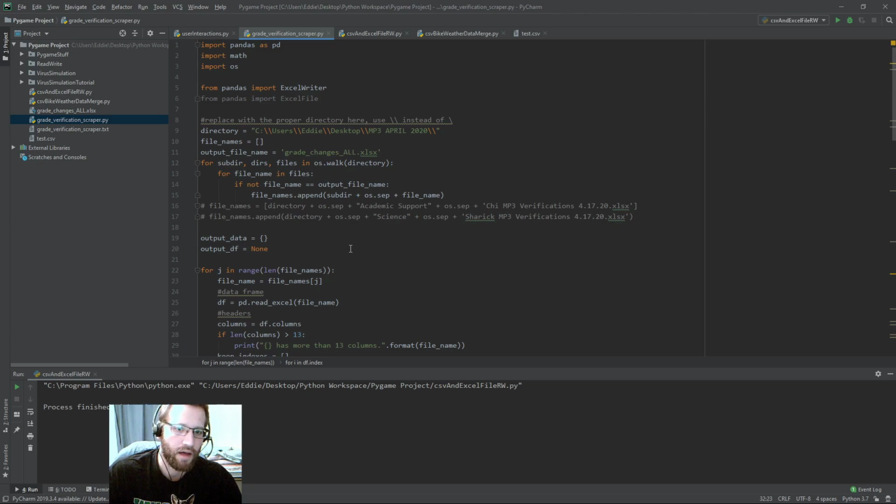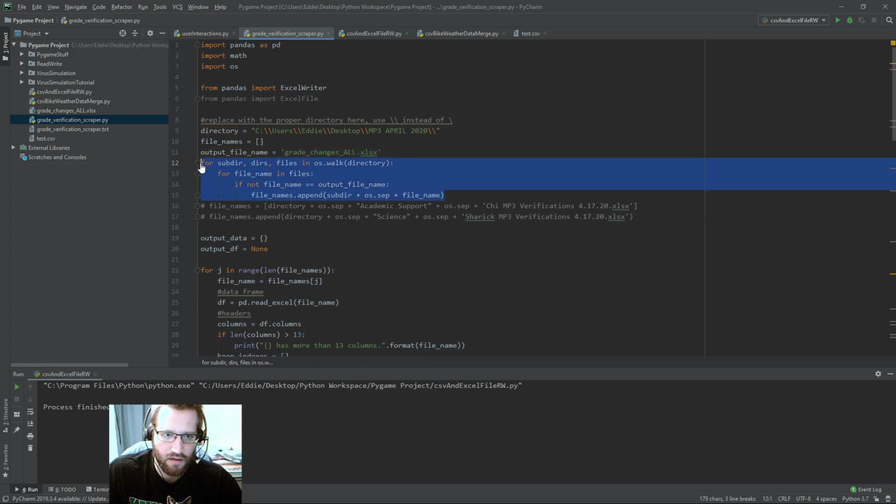And then what has to happen is someone has to go look through those Excel files, look at all the changes that were made by all 140 some teachers, and then actually input them into the system. You can imagine you have hundreds of teachers with hundreds of students each. You can imagine how many grades you'd have to look through, how many Excel files you'd have to look through. And so what this program does is it looks through this directory, and this is another pretty cool thing you can look into if you want,